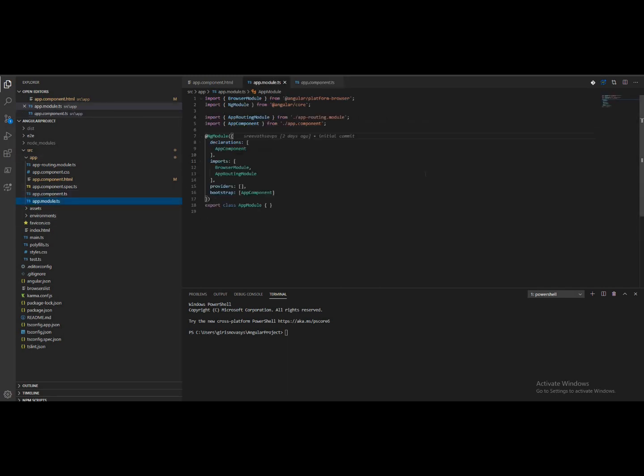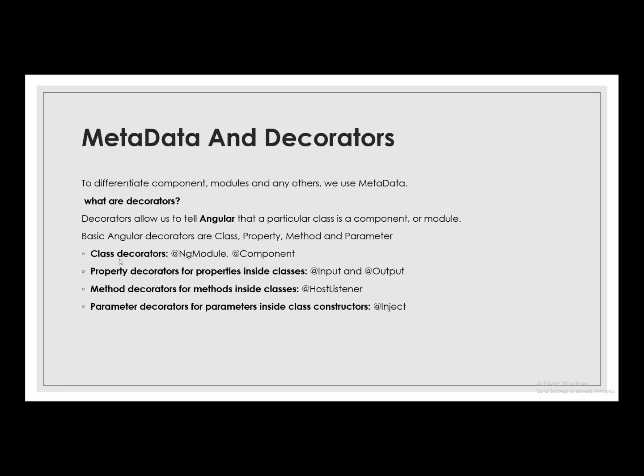Basic Angular decorators are class, property, method, and parameter decorators. Class decorators are the @NgModule and @Component decorators we have discussed just now. Property decorators are for properties inside the classes: @Input and @Output. Method decorators are for methods inside the classes: @HostListener.